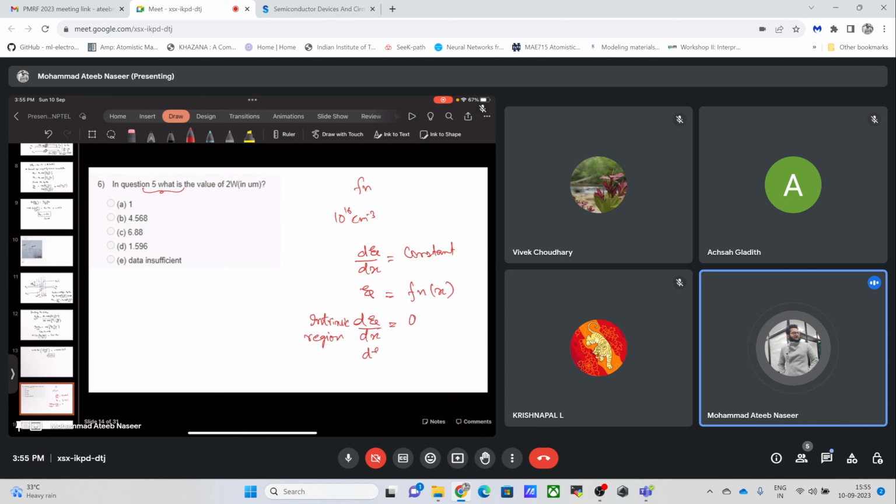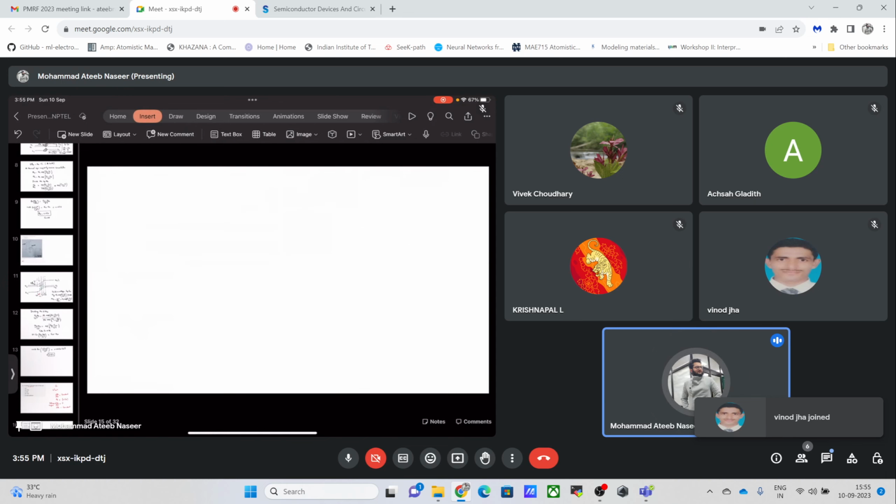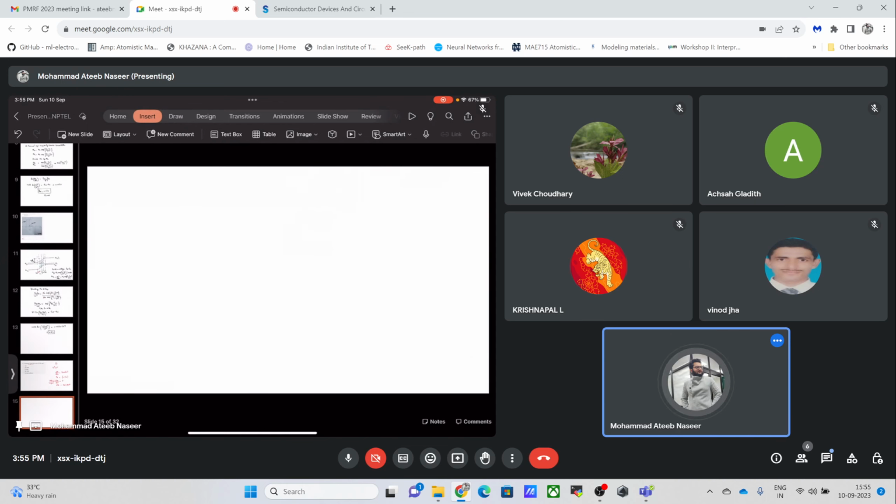As a result of this, the electric field will be constant in x. So if I draw this electric field versus position for this material, it would simply mean that this material will have